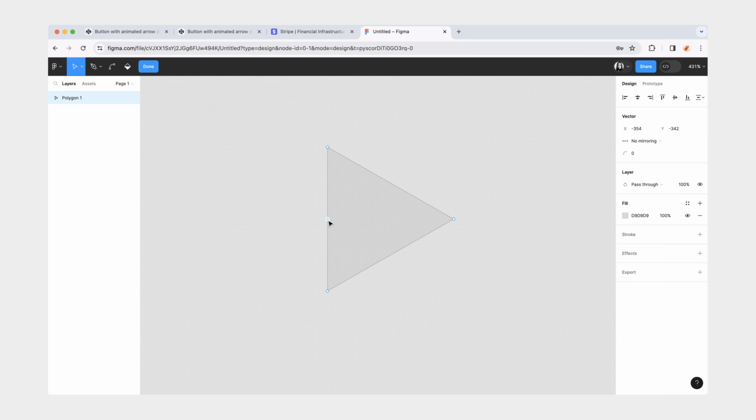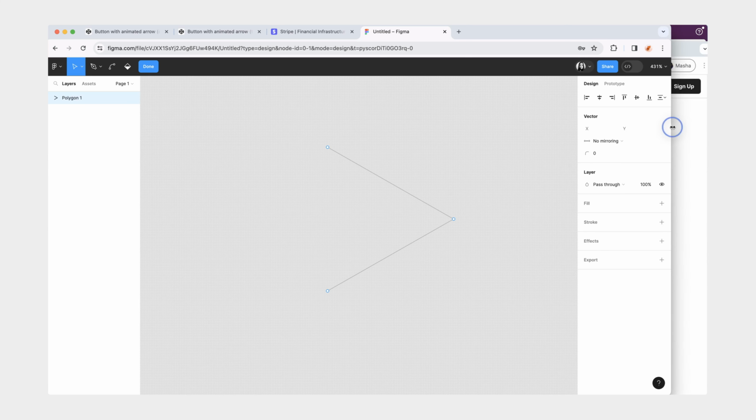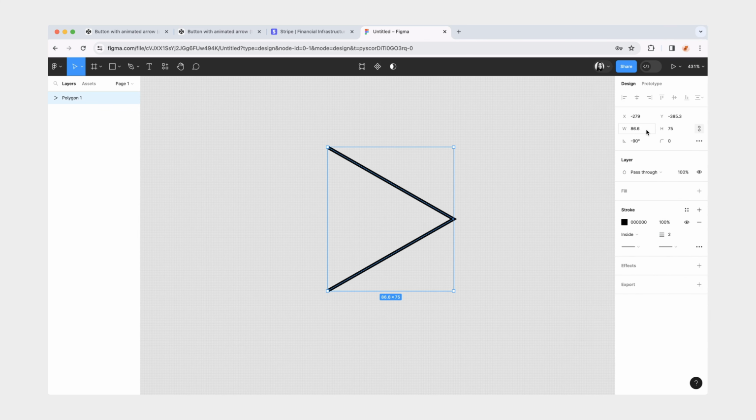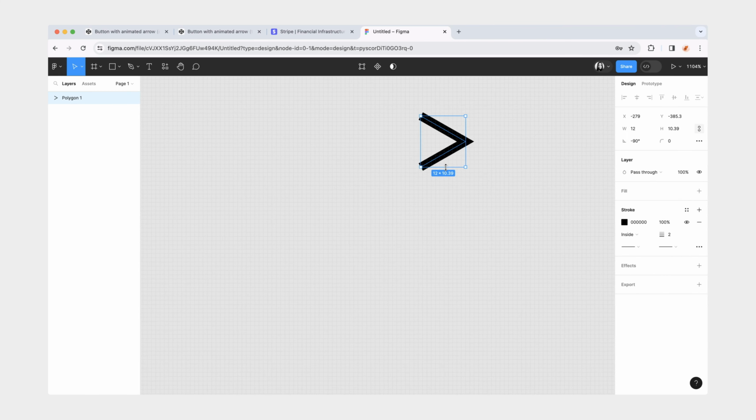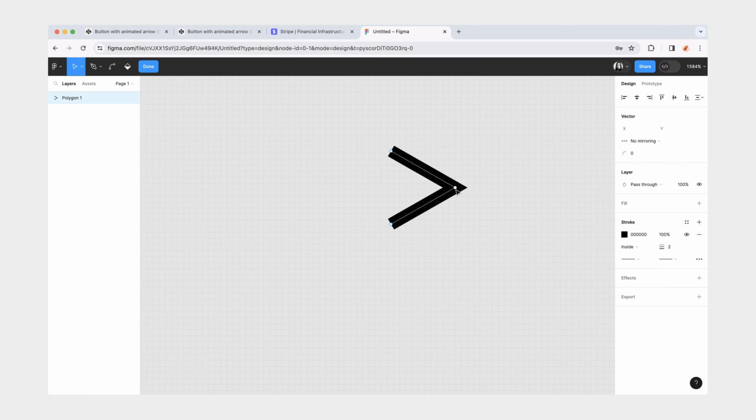Then I'm going to double click and delete this side, but we can still see that even though our fill disappeared, we still have these two sides here. So we're going to add a stroke, maybe do like 2 for now. And we're also going to make this much smaller. Double click again and select this middle point. And then you can just use your arrow keys to adjust however you would like it to be.